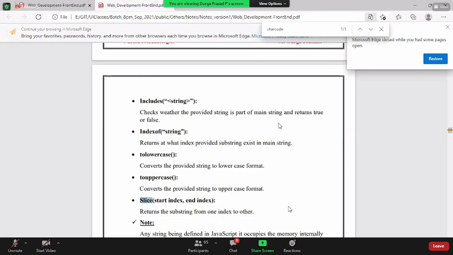Any questions on this, guys? toLowerCase and toUpperCase, you can try these. Any questions? Sir, will we store the split method in an array form? The split method is returning an array. If you want to store it in an array, you assign it and it will automatically get stored.